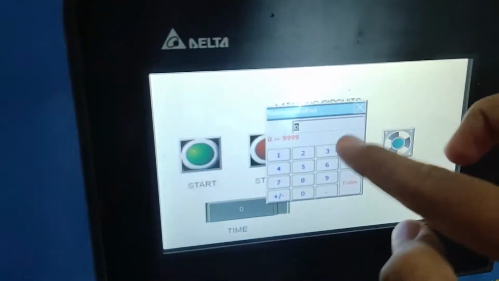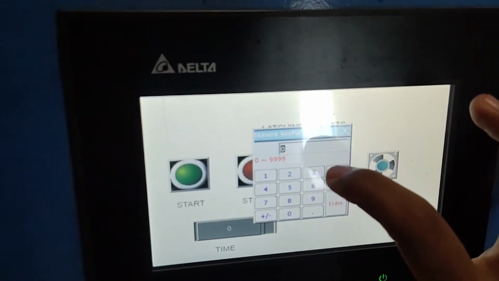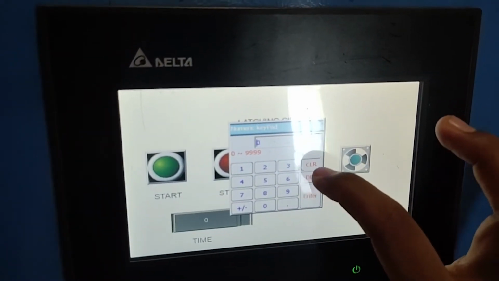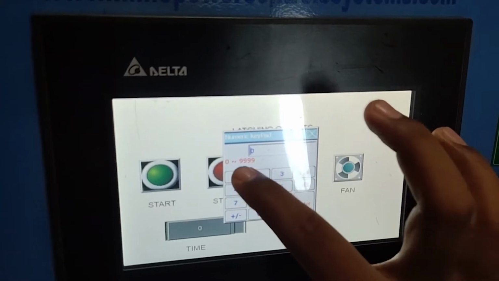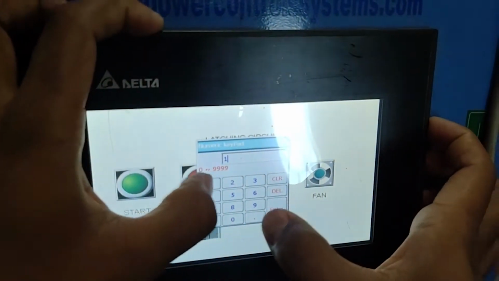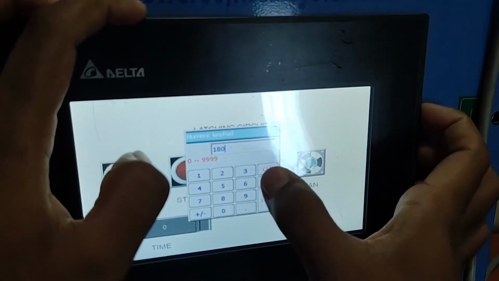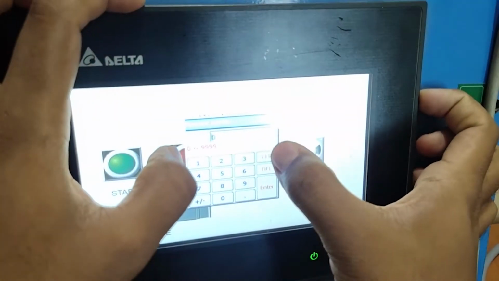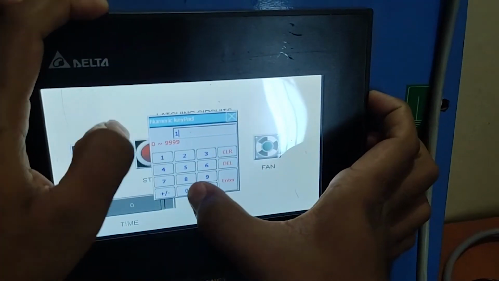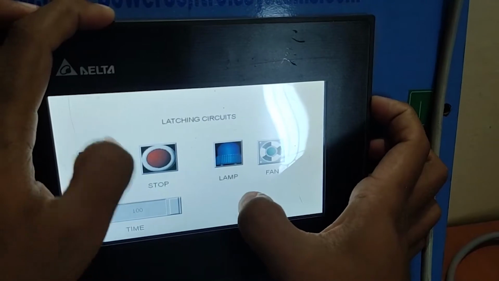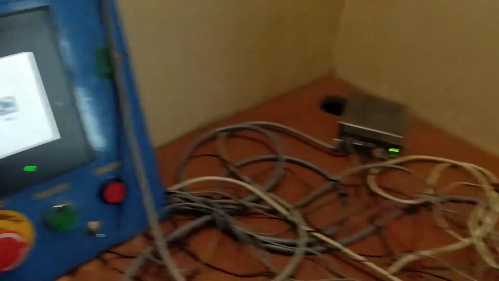When I press this, it will show the keypad box automatically. For this purpose, I am giving 100 for 10 seconds. The value automatically came to this box as K100.